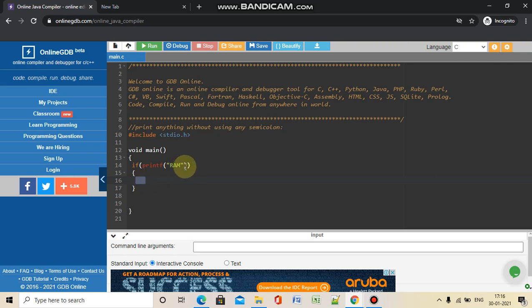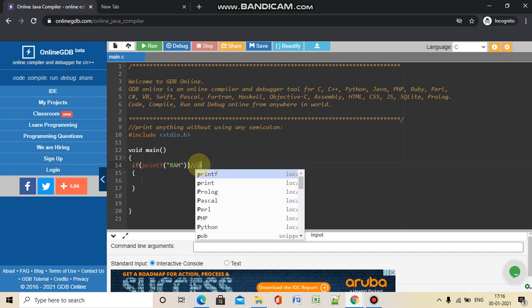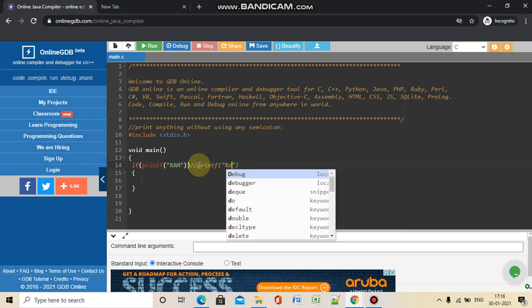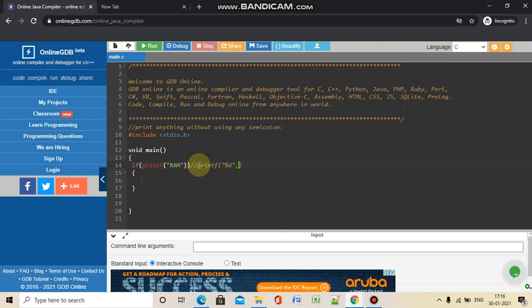Now as we can see, printf ram is not looking conditional or anything else, so it can be treated as an expression. Why? Just think about this statement, printf %d, and then printf ram.